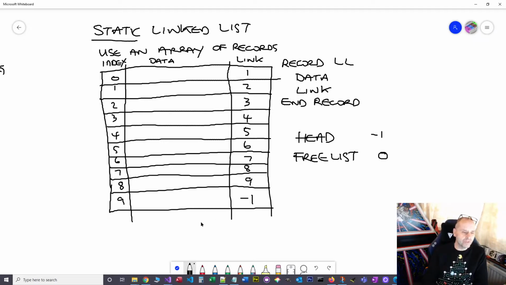So essentially we've got two linked lists. In order to implement a static linked list, you actually have to manage two linked lists: the one that's got the data in, that the head points to, and the one that's got all the free space, that the free list points to. Okay, so if we were asked to add, let's just say we're doing